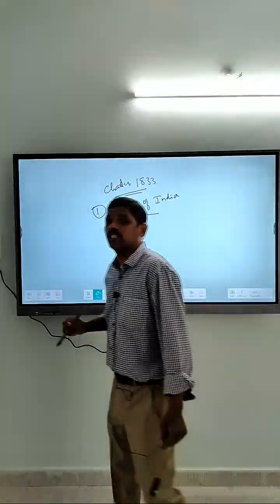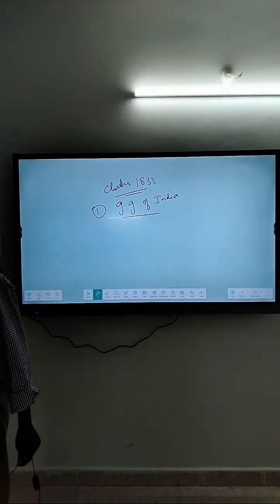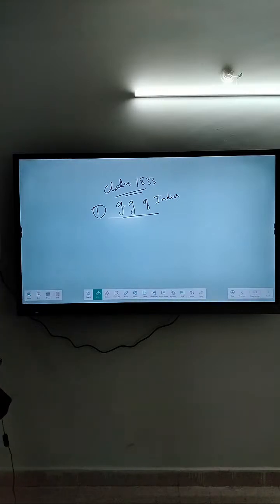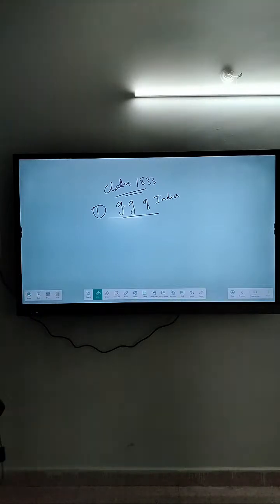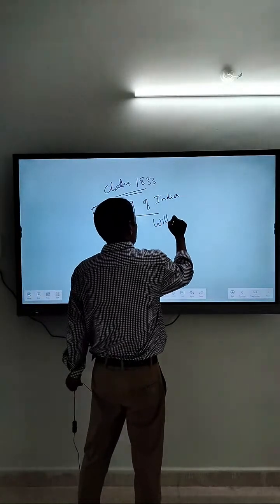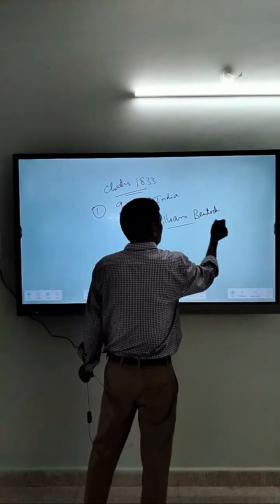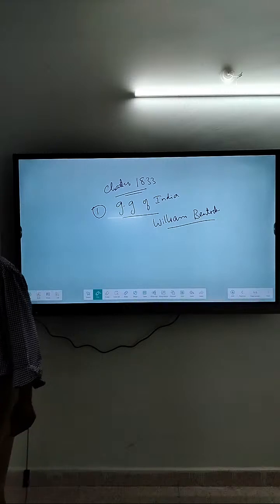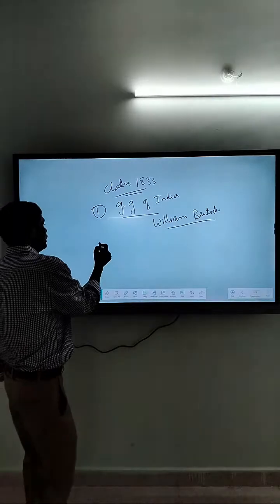And who is the first person to be appointed as Governor General of India? Can you guess? William Bentinck. Canning is the first viceroy, right? Last Governor General and first viceroy. So it is William Bentinck who is the first Governor General of India. This is one thing. Second thing,